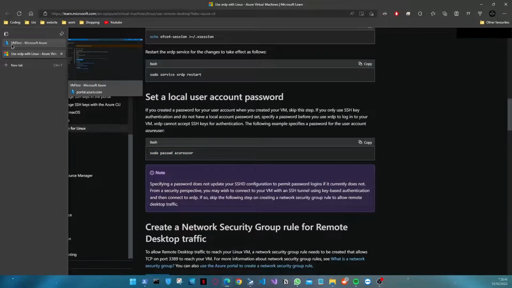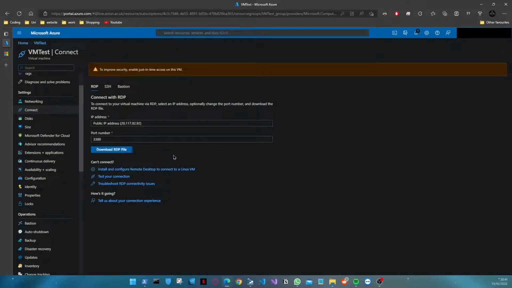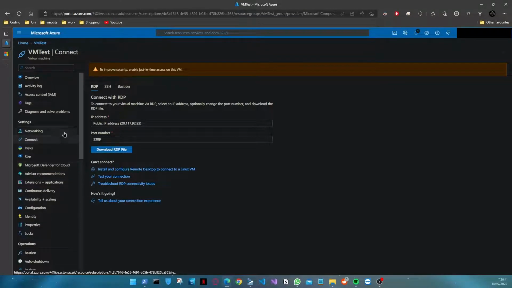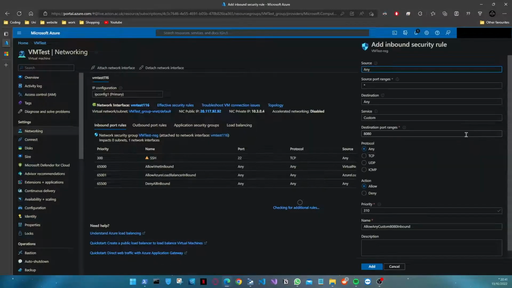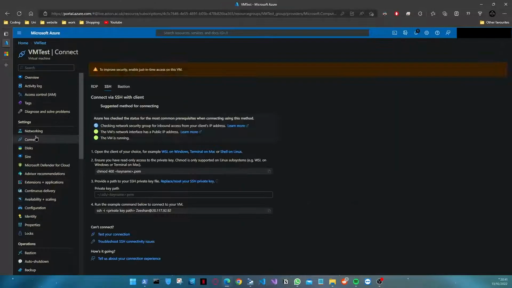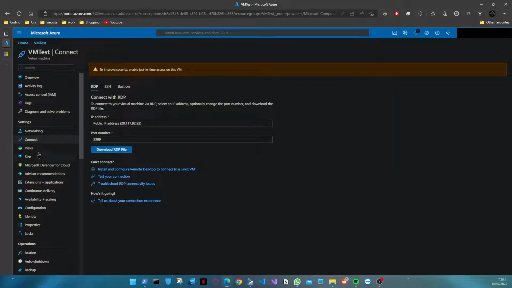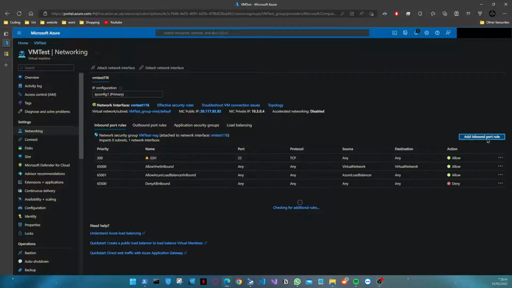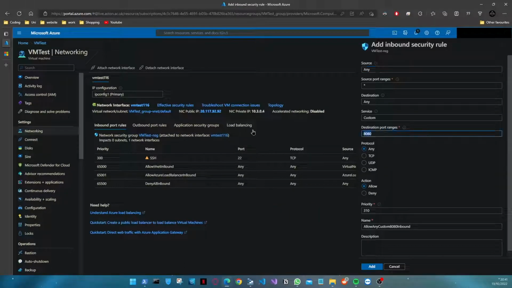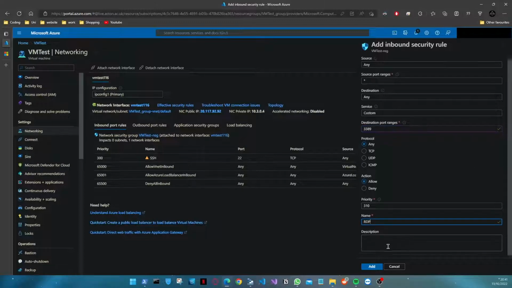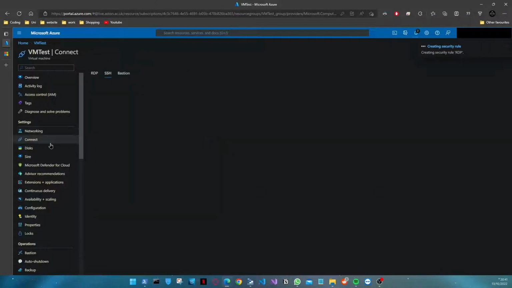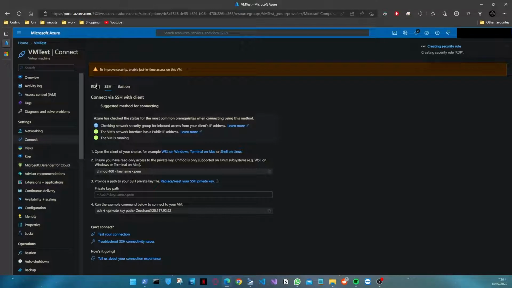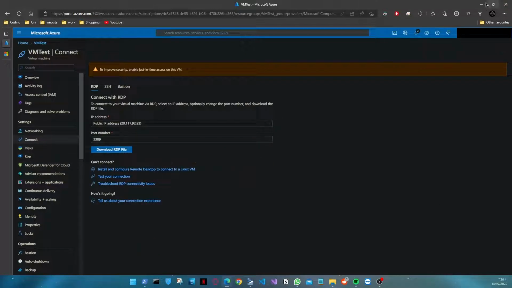So first, we'll go back into the Azure website. We'll go to networking, add inbound ports. I think I need to check where it was again. It was 3389. We need to make sure that we can get inbound and outbound. So it's 3389, and this is for RDP. We don't need to change the name. Let me just do it now. 3389. Yeah, it was. And then once you've done that,